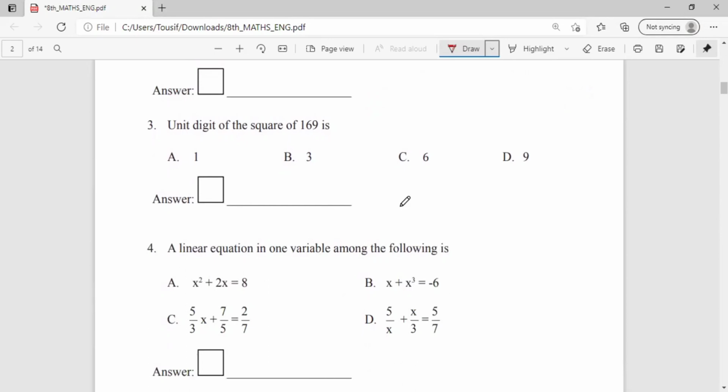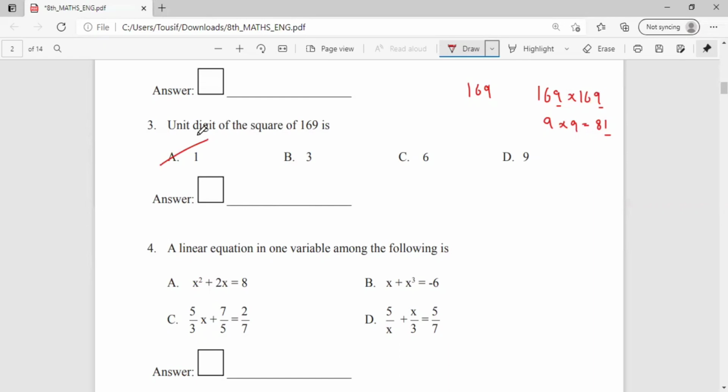Moving to the third one, the unit digit of the square of 169. Okay, it's not that we have to see the question and answer with the unit digit from the question. No, we need to find the unit digit for the square of 169. That means I multiply 169 into 169, because they're saying to square. No need to multiply the whole number twice, just multiply the unit digit, that is 9. So 9 into 9, we get the value as how much? 81. Now out of 81, the unit digit is 1, so the answer is option A,